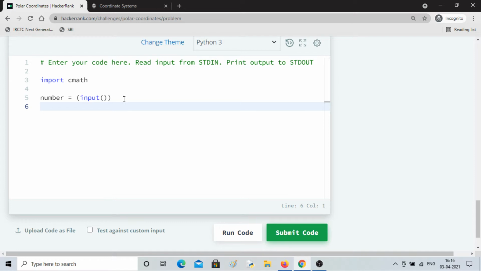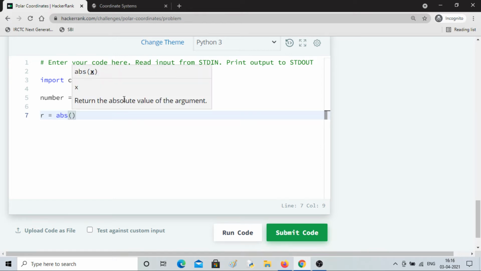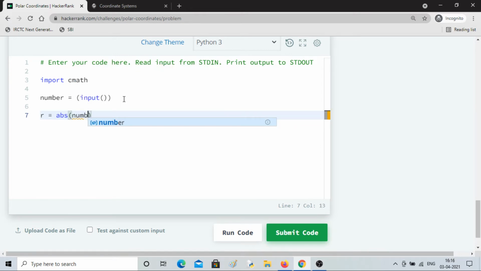So what we have to do is calculate the value of r, which is equal to the absolute value of number, and then we can use phi, which is the angle, which is the phase of your number.